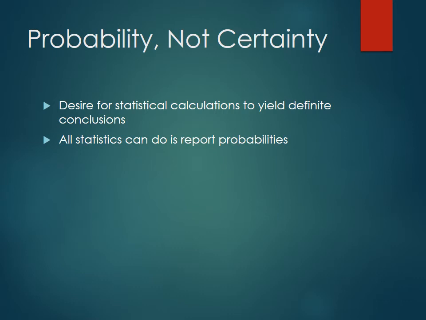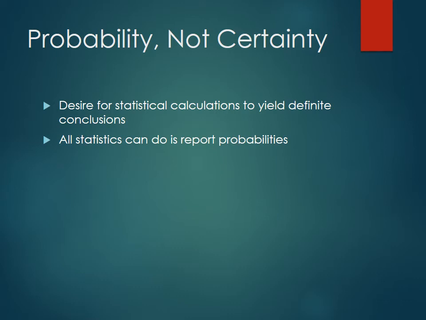Probability is being shown here, never certainty, right? You always want to be really critical of anyone who says this drug 100% lowers blood pressure. No, you have data that says that it appears that when patients take this medication, their blood pressure lowers. You never want to ascribe 100% causation to any of the data you see because you're really just seeing probabilities, and there's always a chance that it could just be due to random chance, right? We're going to be looking at how these numbers come about, and statistical significance, and comparing that with clinical significance as well.